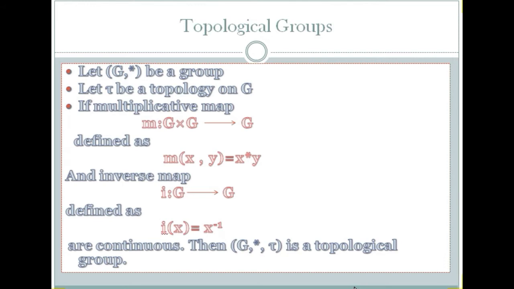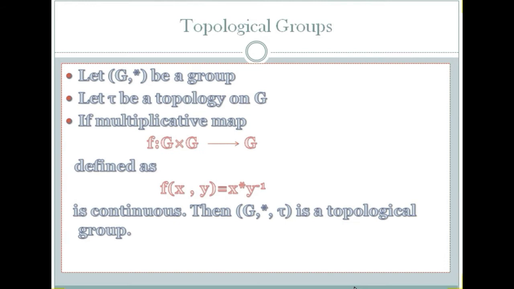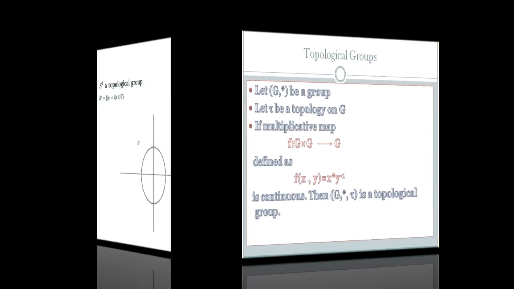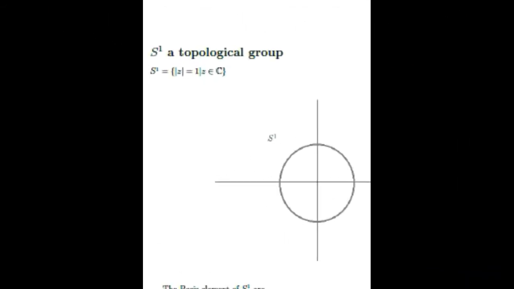We have another similar kind of definition for topological groups. It's a map F that possesses the properties of the multiplicative and inverse maps. Instead of checking continuity of both, we can check the continuity of F only. To make the concept clear, let us start with our main example of S1 and prove it a